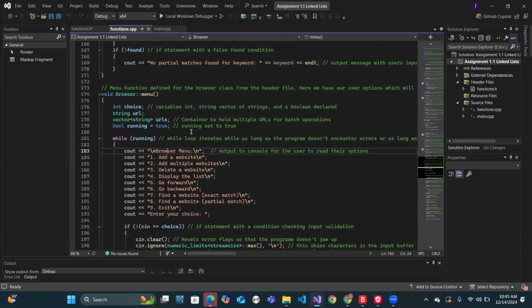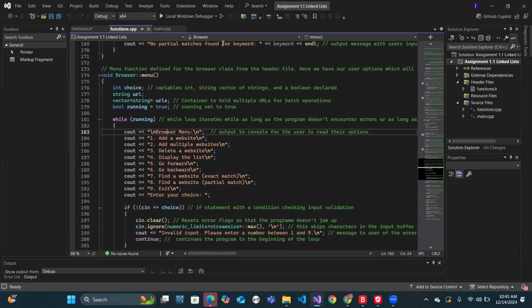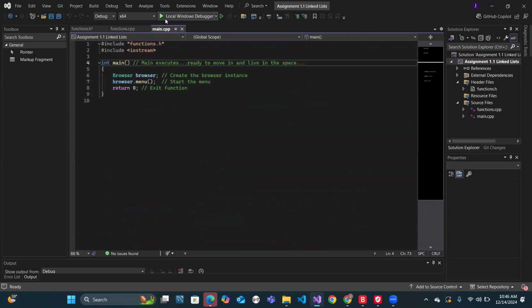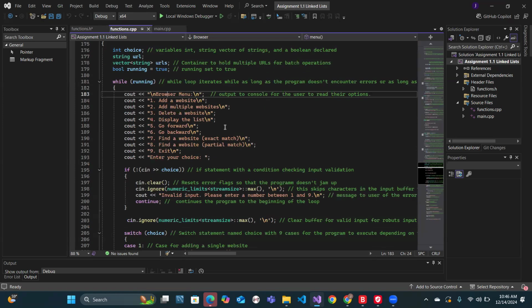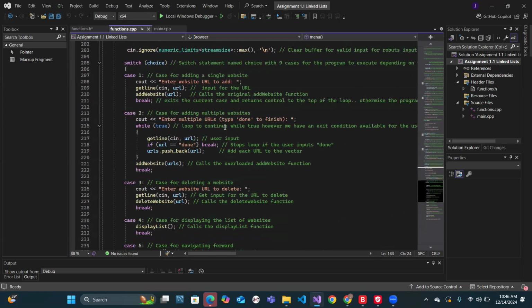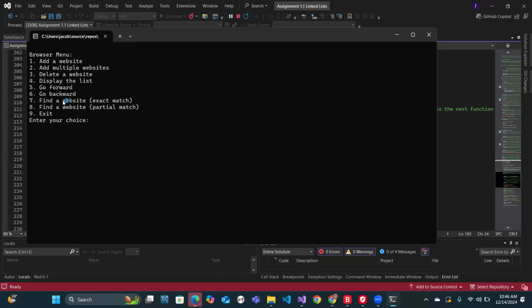And here's our menu that will run once we execute our executable file here. Here's our browser instance with our menu. We're calling our menu. I mentioned, I already went through this list here, so now I will run it. So I have 3 minutes, and we will start adding. We'll just go to multiple websites